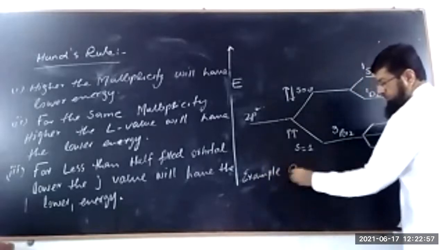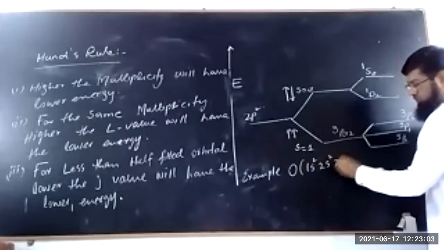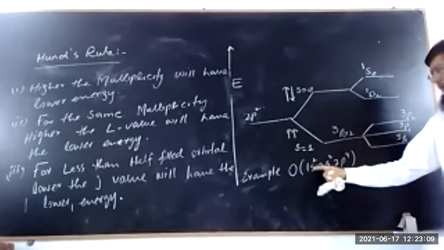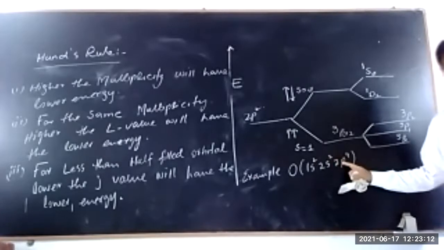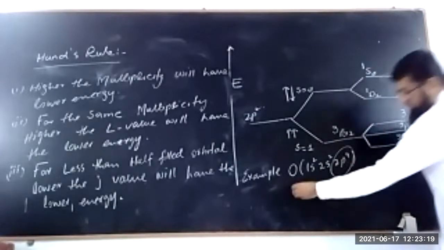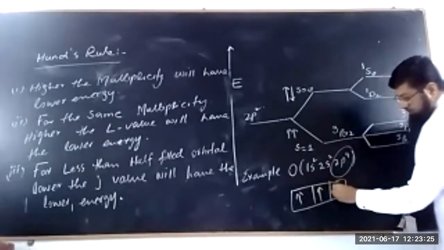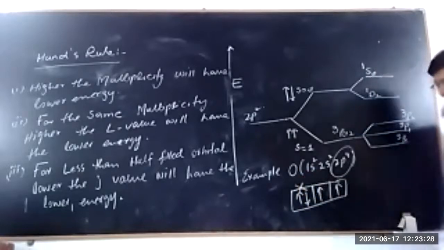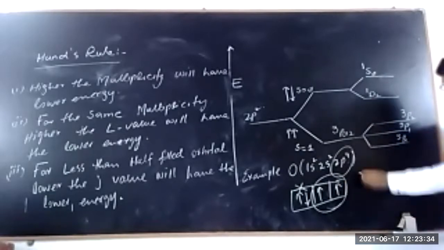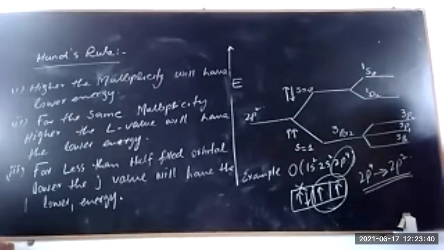ऑक्सीजन। ऑक्सीजन का कितना है कॉन्फ़िगरेशन, 1s2 2s2 2p4। ऑक्सीजन में जो 8 इलेक्ट्रॉन होते हैं तो उसकी कॉन्फ़िगरेशन क्या है, 1s2 2s2 2p4। तो अब आपके पास ये वैलेंस इलेक्ट्रॉन है 2p4, इसकी जो कॉन्फ़िगरेशन होगी वो इस तरह से ही होगी कि 1 2 3, एक का स्पिन अप, दूसरा स्पिन, तीसरा स्पिन, ये चौथा इलेक्ट्रॉन, ये एक दूसरे को कैंसिल कर देंगे, तो आपकी जो कॉन्फ़िगरेशन है वो p2 की होगी। तो p4 कॉन्फ़िगरेशन इज सेम एज p2, सेम कॉन्फ़िगरेशन होगी।